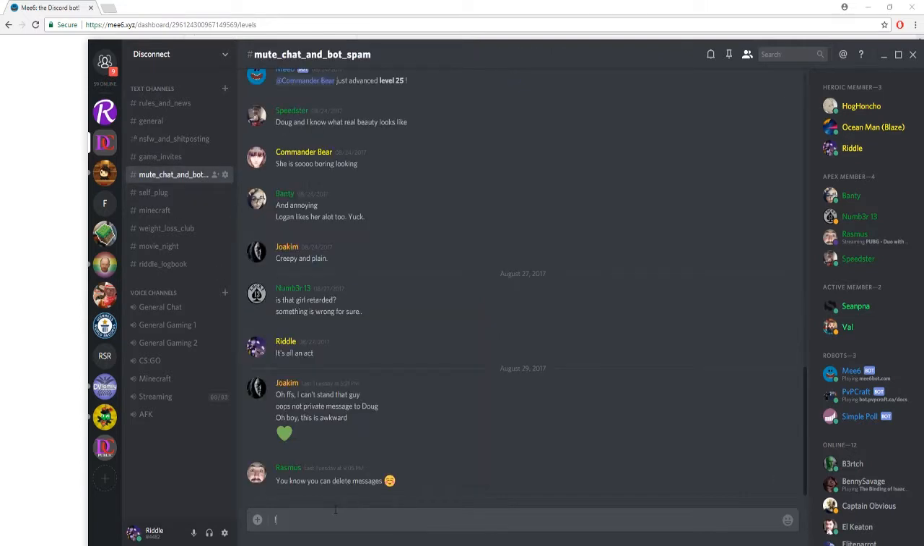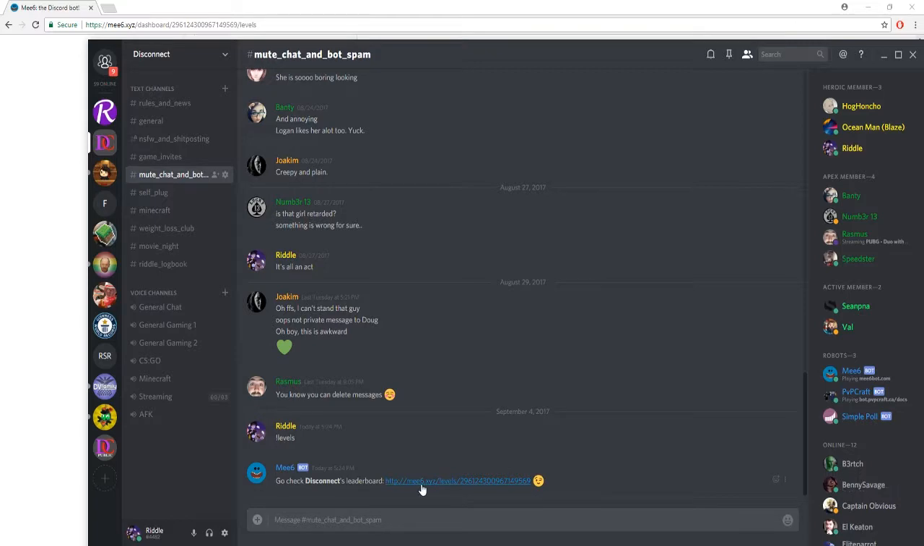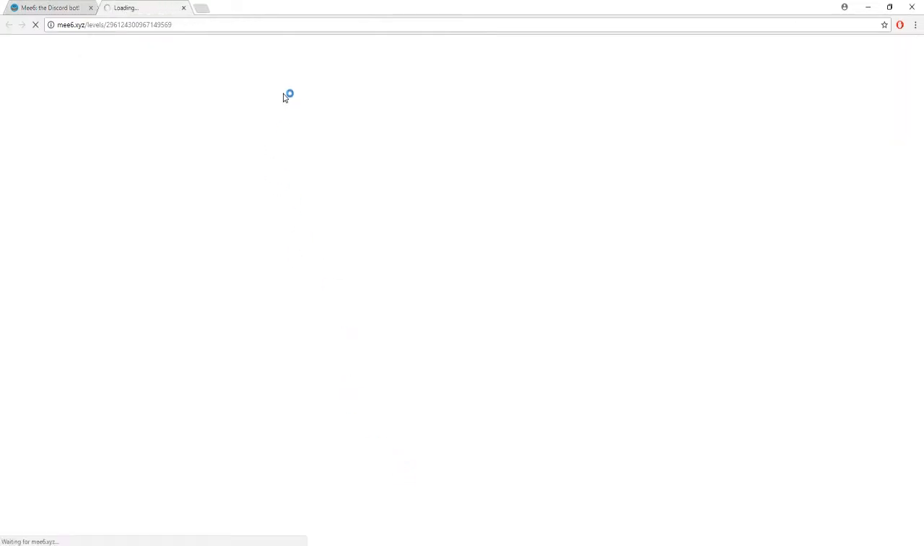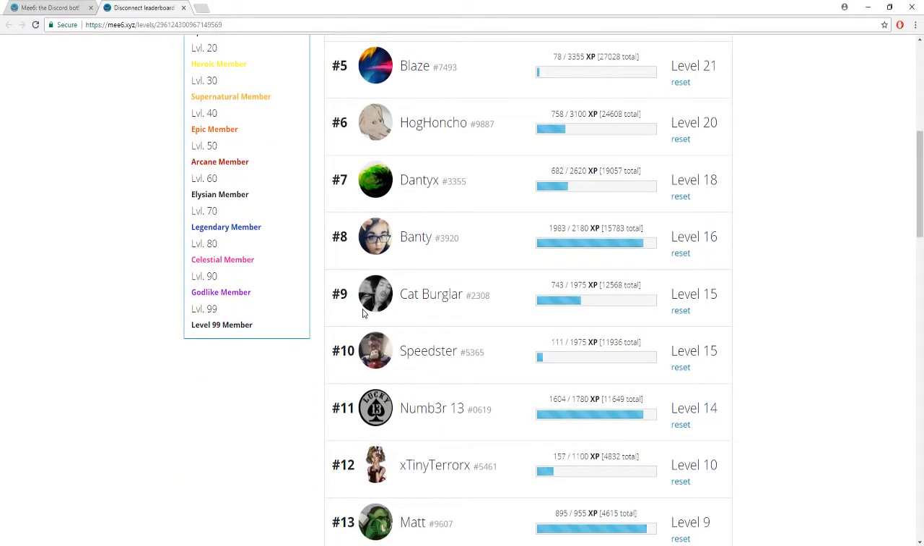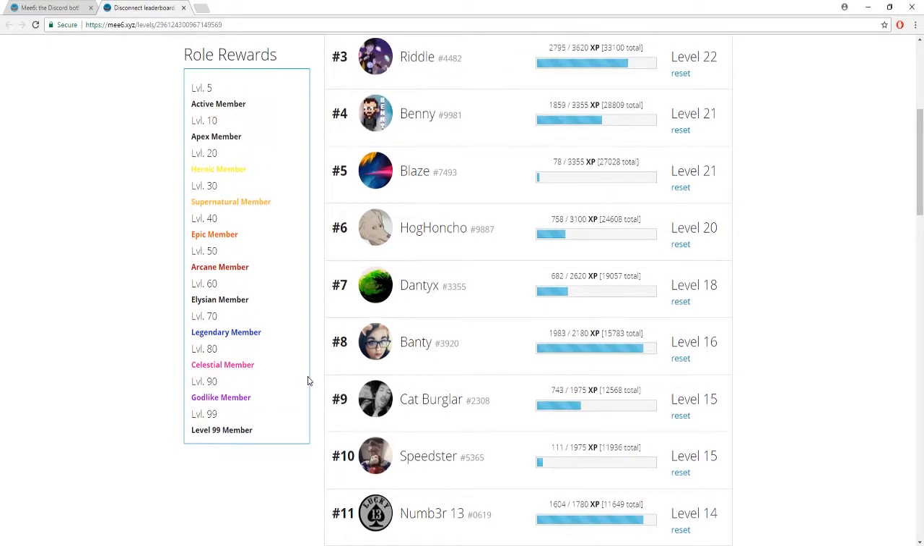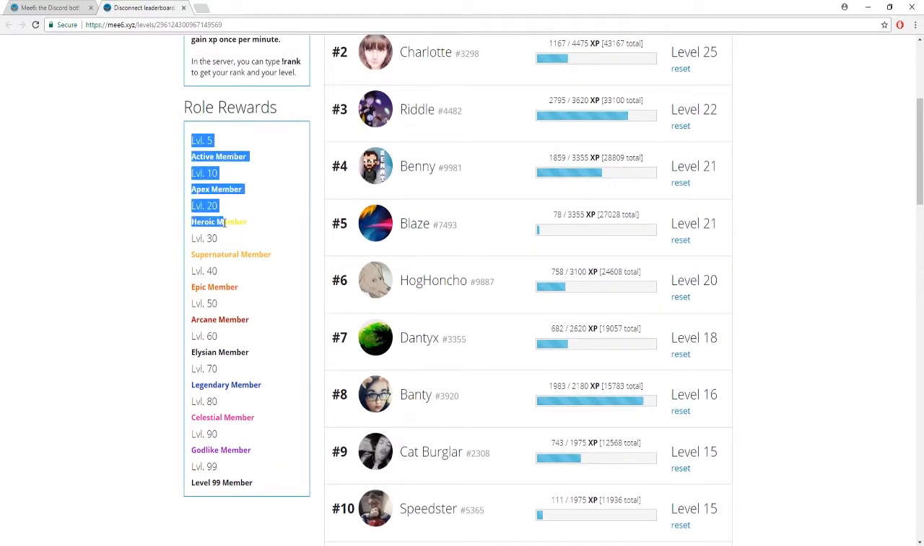If I go into here and put exclamation mark levels, you get a link to your levels list. Once this is loaded up, this is everyone on my server and what level they are, how much experience they've got in total, and how much experience until their next level up. It basically will track absolutely everyone. If somebody leaves the server and rejoins, it will just continue them where they left off. It doesn't reset everything, and it shows you all of the